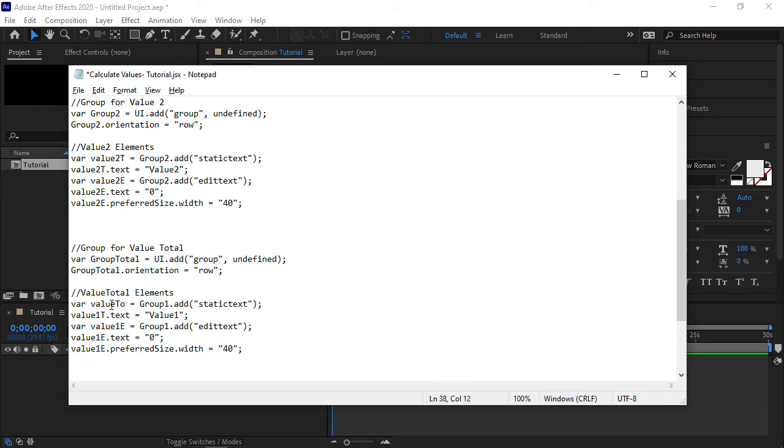Value t means total, value t, and remove the 1 from it, and value t edit text, copy this variable and paste. Also paste here and change the width to 50, and also the